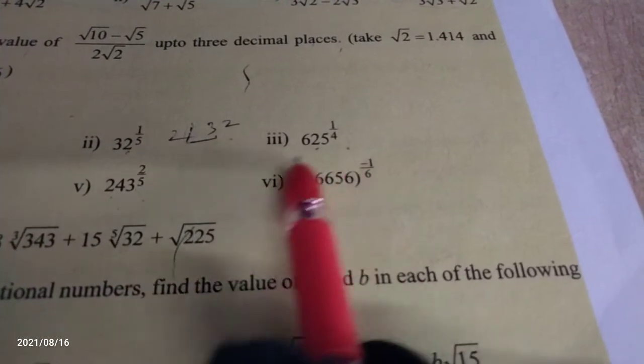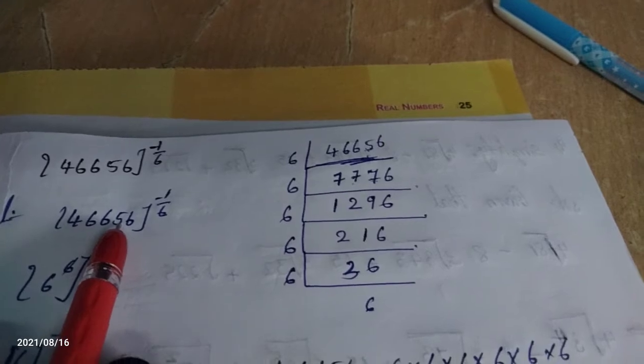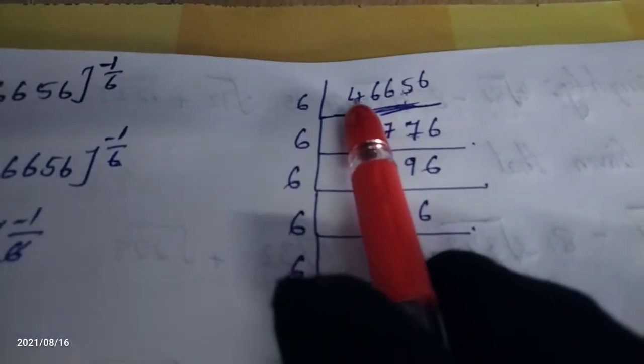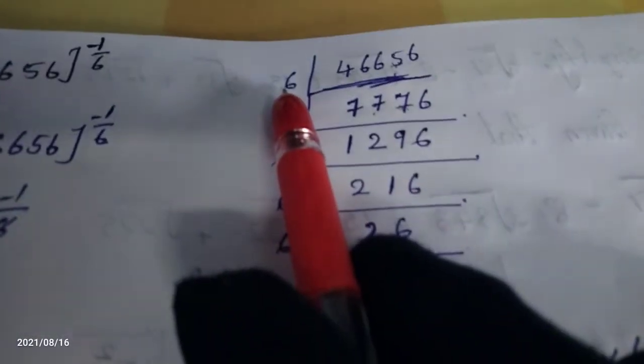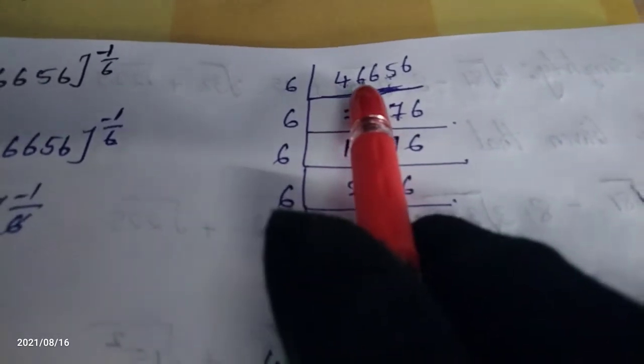Okay, this base we have to convert to the power of 6. Let's see, for converting, which process have we used? We are using the LCM. Okay, 4 hundred... we cannot consider only 4, because 4 is not divisible by 6, it is a smaller number. First we have to take the first 2 numbers. We are considering 46.